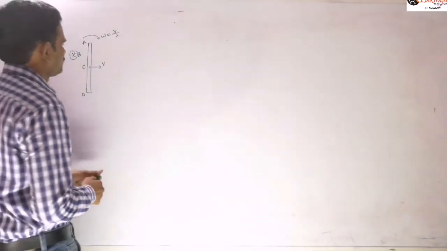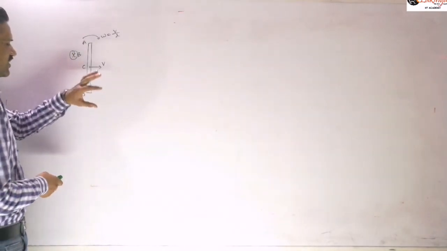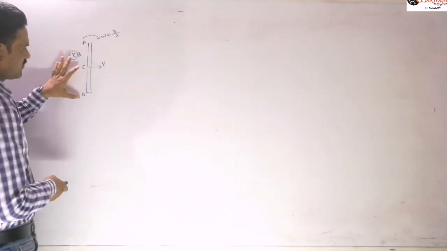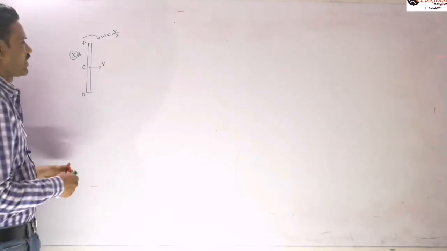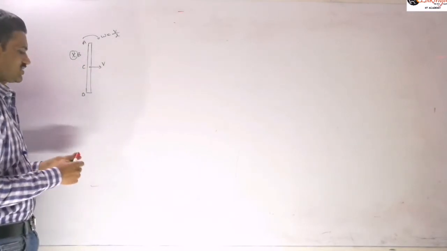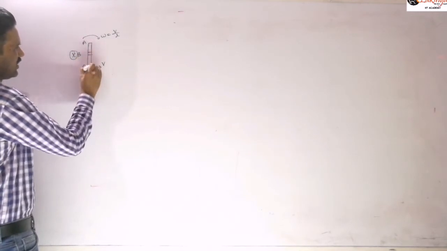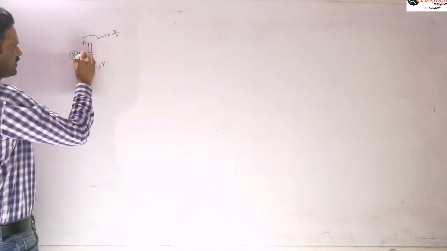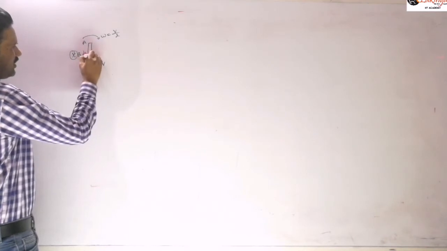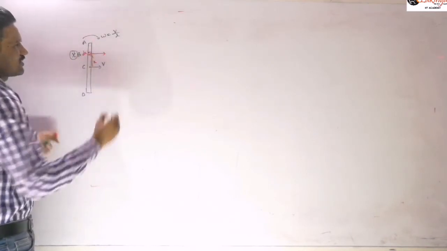So, if you are taking it the first time, I will explain for this AC, so that you can find the BC value in a similar way. Now suppose I am taking a small element here. Let us take a small element at a distance of x from this, and let us take this element as dx. Now can you say what is the velocity of this element?